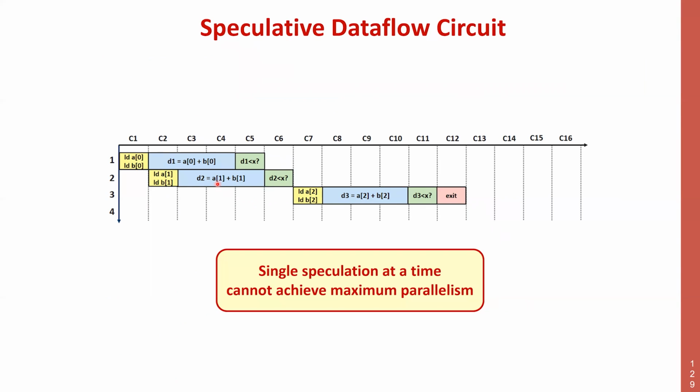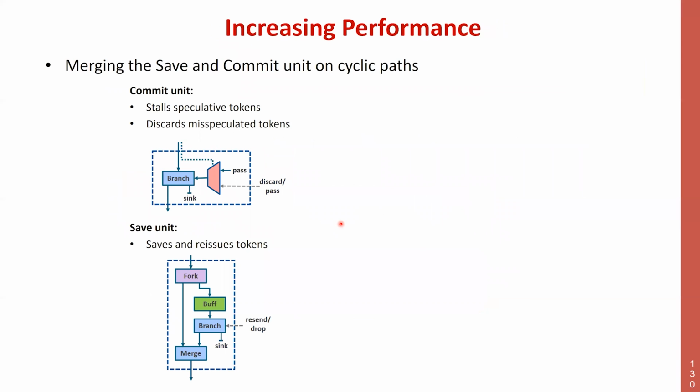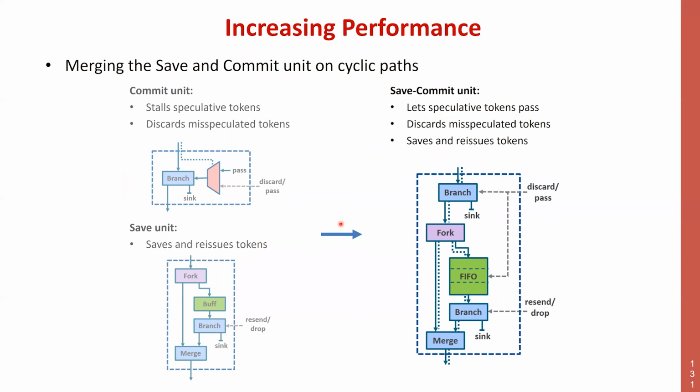And the problem is that you can speculate once, but somehow you cannot speculate twice. So again, these are details that are not extremely important, so pay only the attention that you care to this. But essentially, when you have this succession of a commit unit and save unit on a cyclic path, on a loop essentially, you can do a version of this save commit unit that does the function both of the save and commit, but actually lets a speculative token pass, so that you continue to speculate on this first